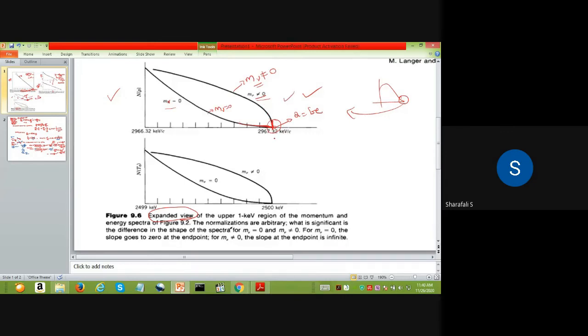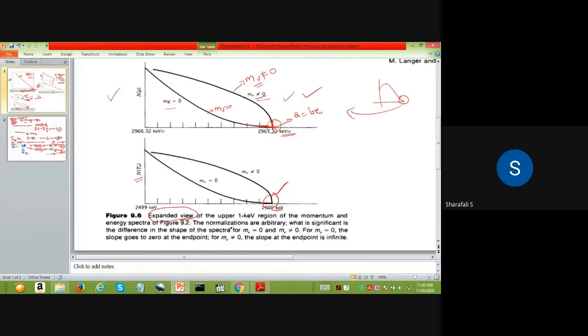This is for the momentum curve, and a similar kind of behavior is seen in the energy also. So this is number of electrons versus energy, that is kilo electron volt. Here we have kilo electron volt per c, that is for momentum. Similar behavior can be observed in both momentum and energy spectra, so that has to be noticed. So one can understand that with neutrino mass we have a different scenario as compared to without neutrino rest mass in your Fermi analysis.